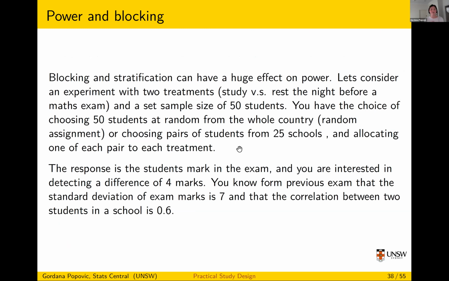Okay, so what about power? So blocking has a huge effect on power, or can have. So let's consider this experiment with 2 treatments. So